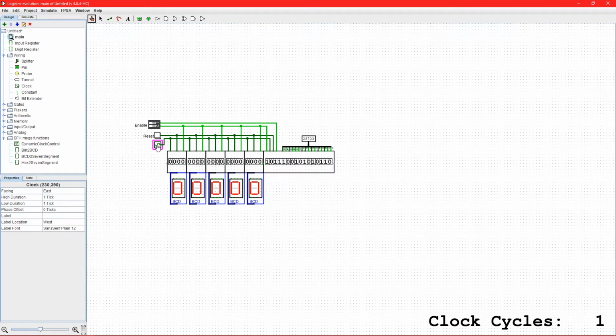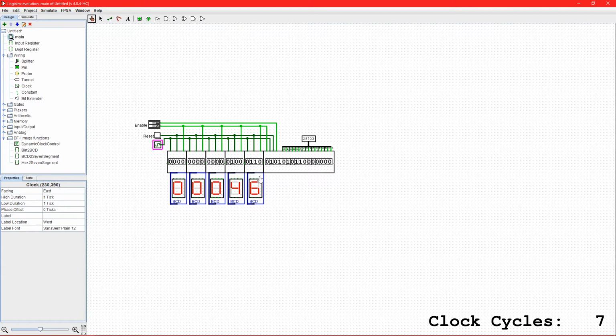So 1, 2, 3, 4. Now because this value is greater than 4, we're going to add 3. 5 plus 3 is 8. Then we're going to shift it over. So there's going to be a 1 in this register. And this register would be 0, but we're also shifting in a 1 from the load stage. So these two registers will be 1. So that's 5 clock cycles, 6,